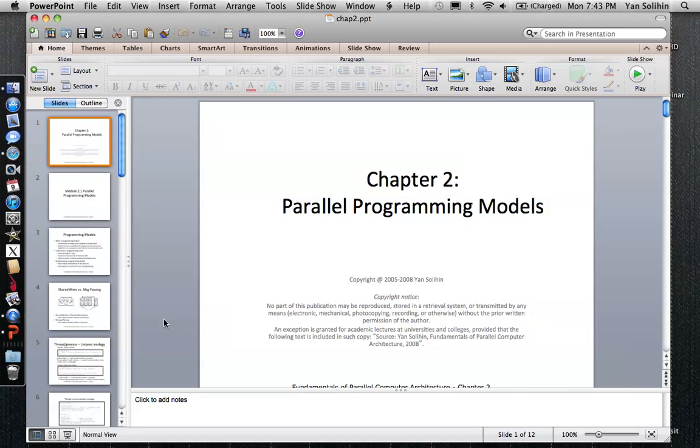Alright, that's the end of chapter 2. In the next chapter, I'm going to talk about the shared memory programming model techniques. Until then,